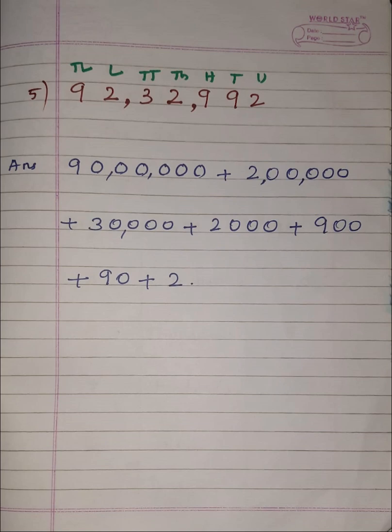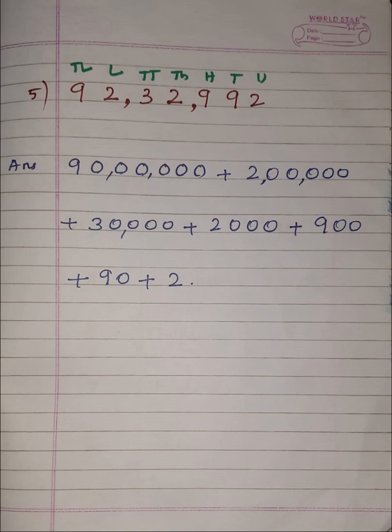Okay. Now the next digit is 9 we have. So this 9 is in which place, children? It is in the hundreds place, right? Since it is in the hundreds place, its place value is 900. Okay. Now one more 9 we have in the tens place, right? This 9 is in which place, children? It is in the tens place. So its place value is 90. And finally, the digit 2 is in which place, children? It is in the units place, right? So the place value of 2 is 2.